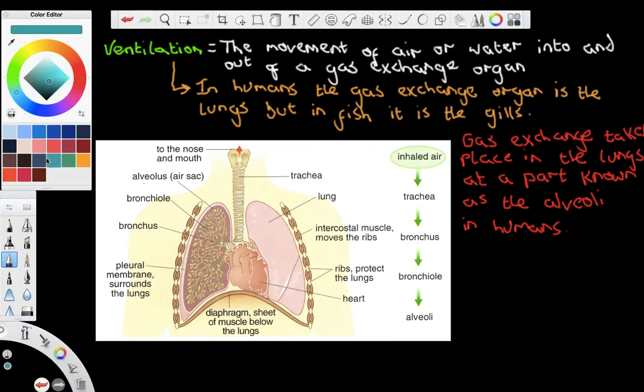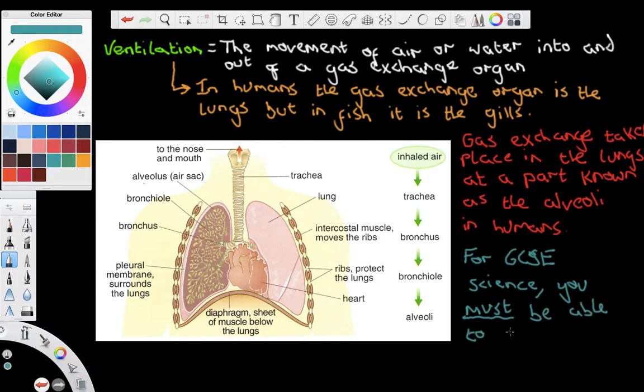And as I've just said, we're going to write down for GCSE science, you must be able to label this diagram from memory. Okay,